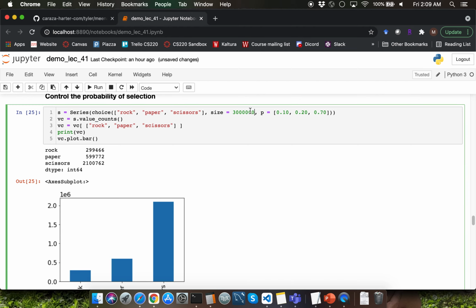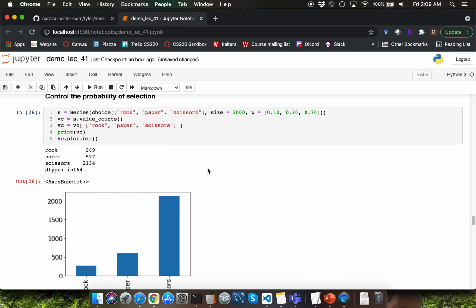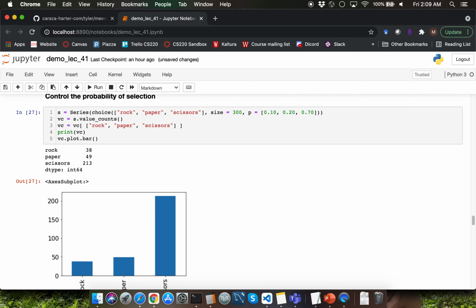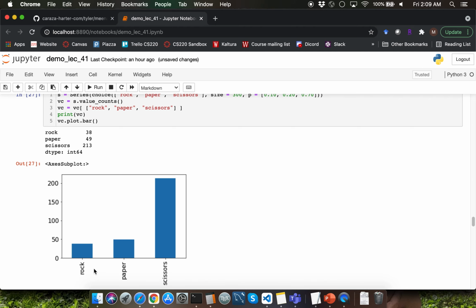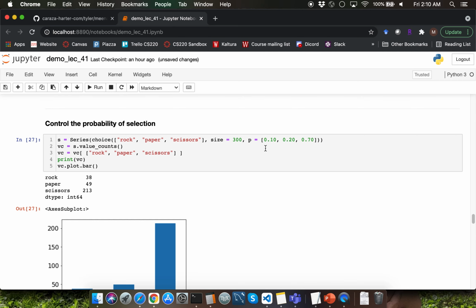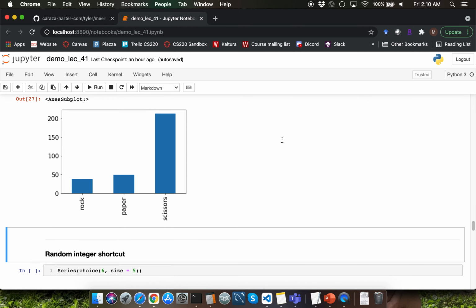If you were to lower this selection count down to say 3000, you might not see the exact same distribution between the three bars over here. The probability is going to vary slightly. If we lower down to 300, you might see a biased output here. Observe that rock bar is very close to paper bar, even though we mentioned the probability for rock here as 10% and the probability for paper as 20%.